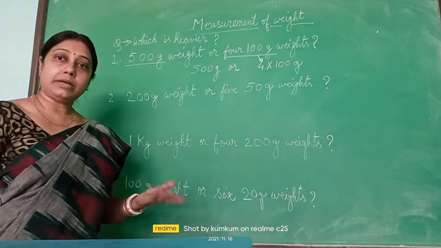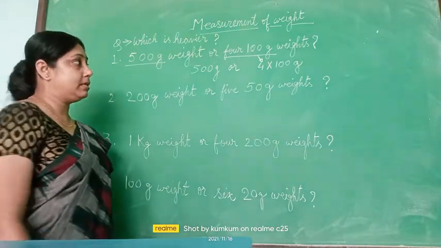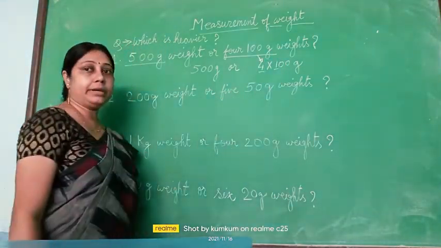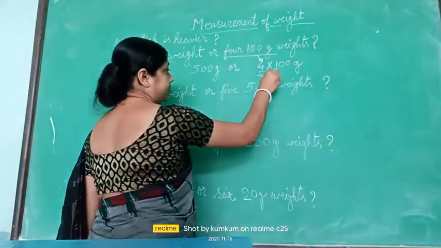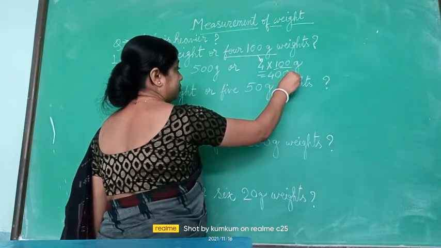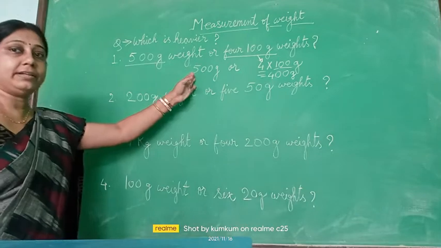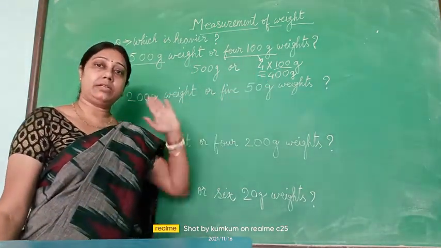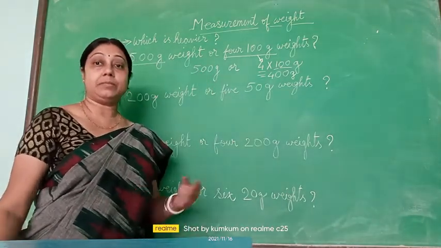So times means multiply. If this type of multiplication is coming, you will only multiply the digits. It is so easy. You are multiplying 4 ones are 4. So it will become 4. And how many zeros are left over? 2 zeros are left over. So 400 gram. Now see, this side is 500 gram and the other side is 400 gram. So we can understand which is heavier. 500 gram obviously. 500 gram is more.